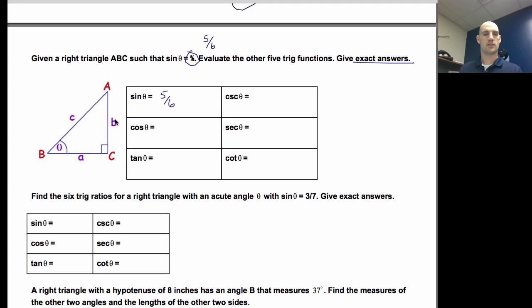The sine means opposite over hypotenuse, so this is 5 and this is 6. When I go to fill in cosine, I'm going to adjacent over hypotenuse. So this is A over 6. Well, what's A? We don't know. How are we going to find A? Right triangle, we know two of the sides. Oh yes, Pythagorean theorem. So we're going to use Pythagorean theorem